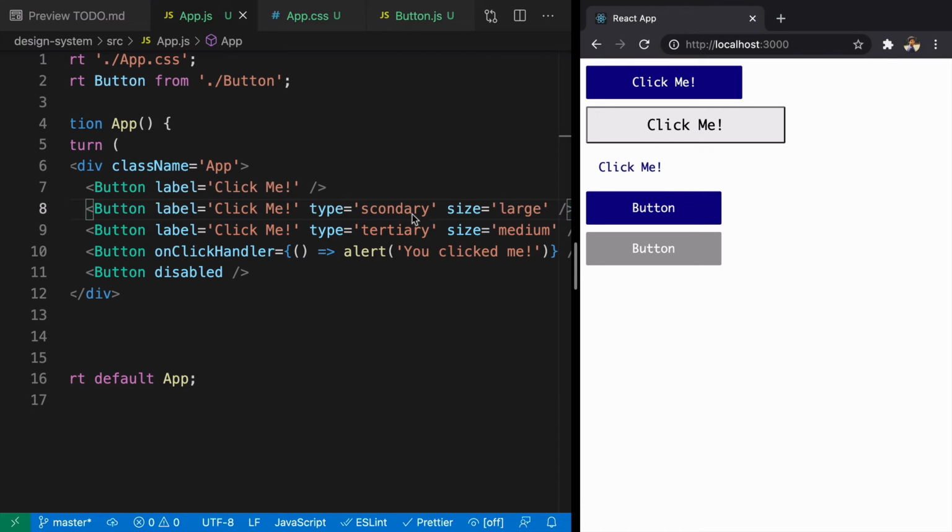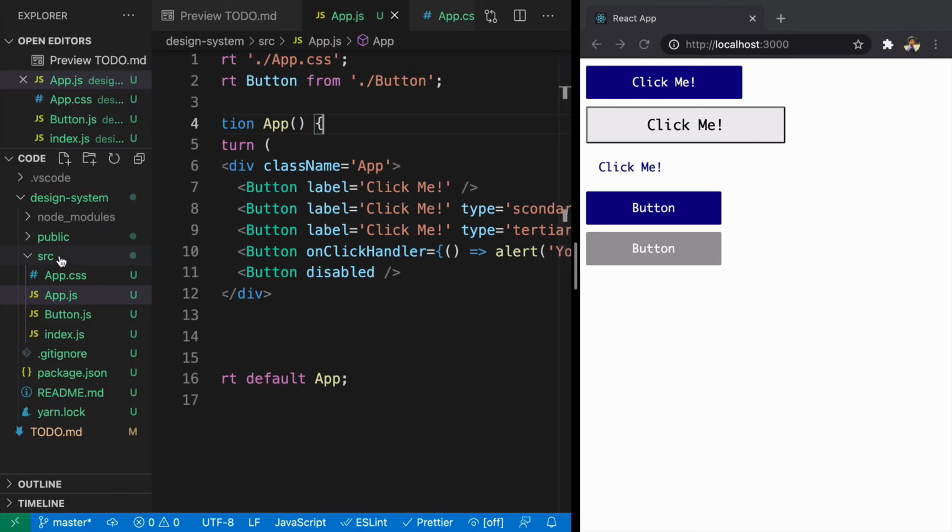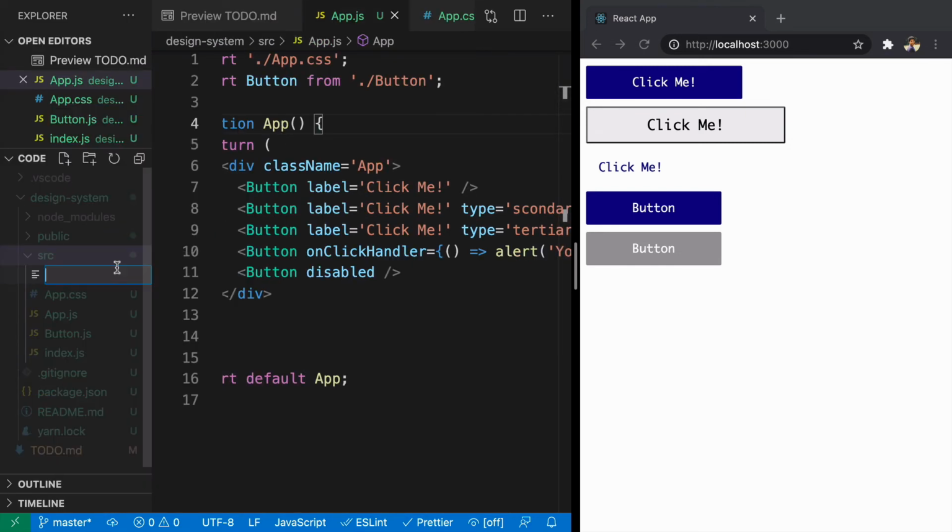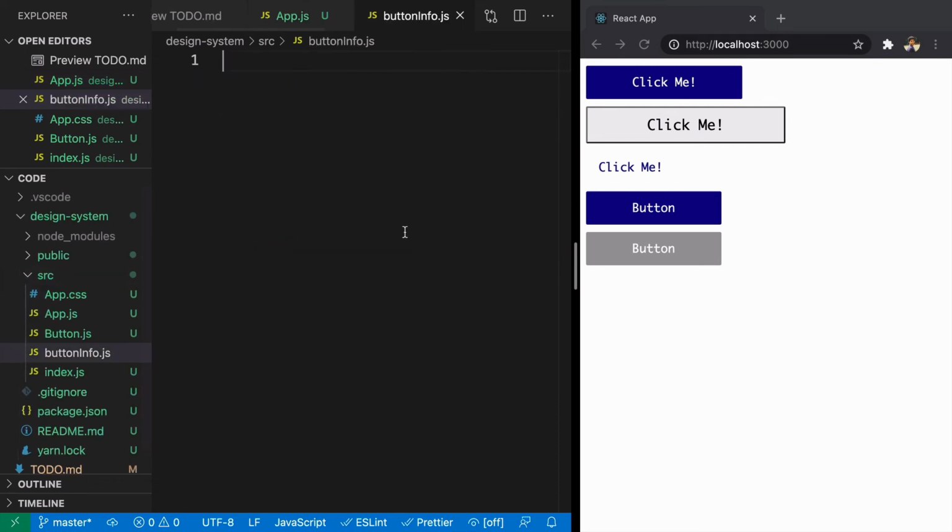And that is a problem, right? Because we do not have any class like this. So whenever this kind of thing happens, it's very hard to find the problems here. So generally the way to deal with this is you can create a file here and we'll call it buttoninfo.js. And here we'll create different objects that will contain different information.